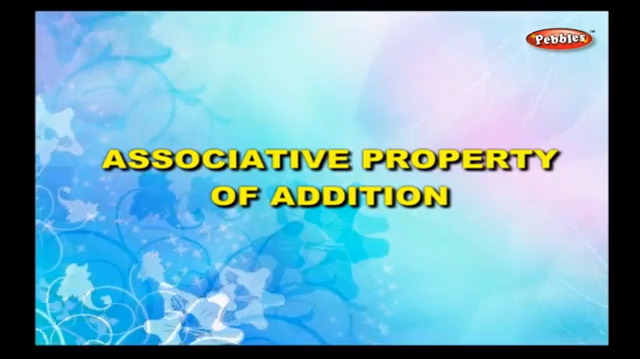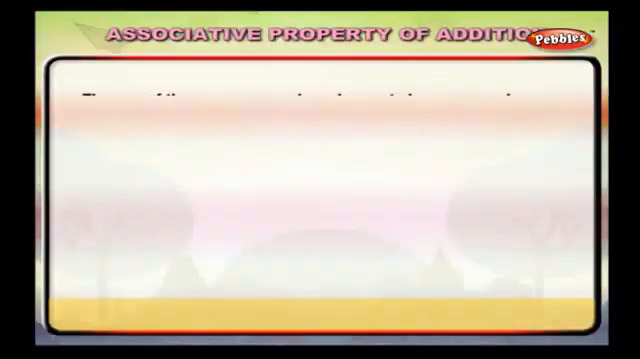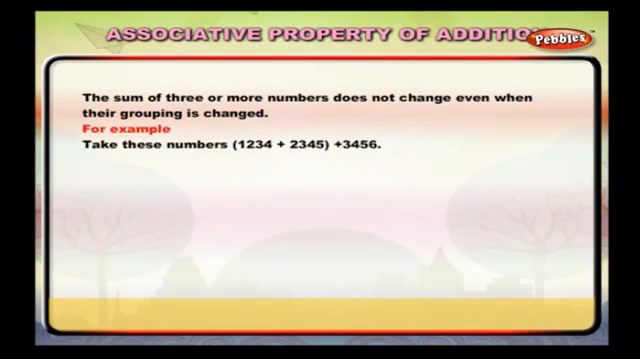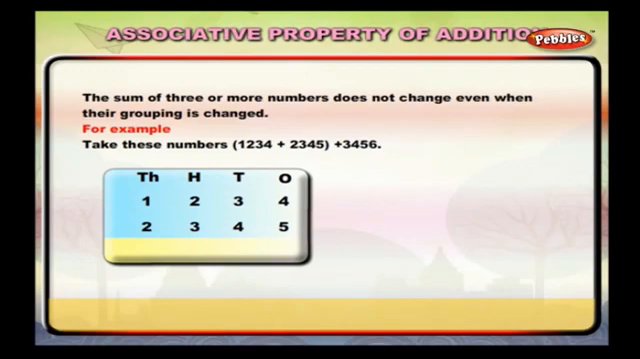Associative property of addition. The sum of 3 or more numbers does not change even when their grouping is changed. For example, take these numbers 1,234 plus 2,345 plus 3,456 as example. Arrange the first two numbers in column and add 1,234 plus